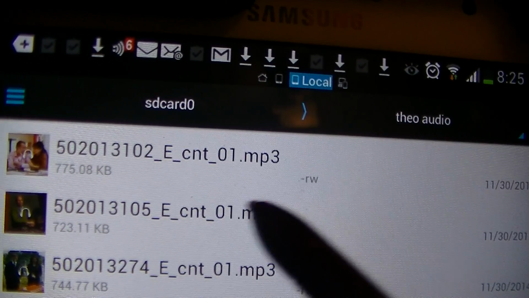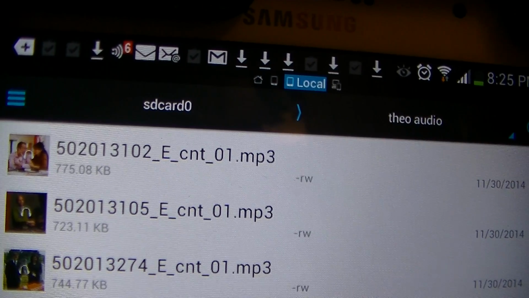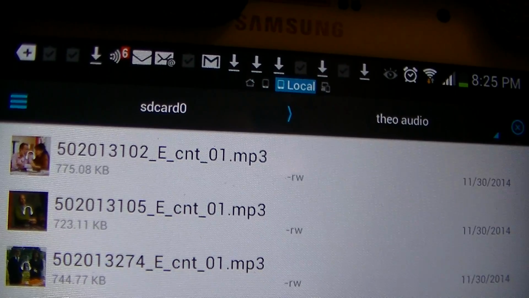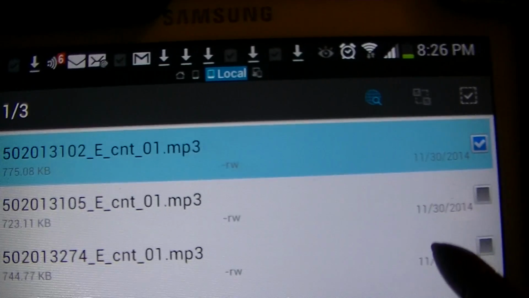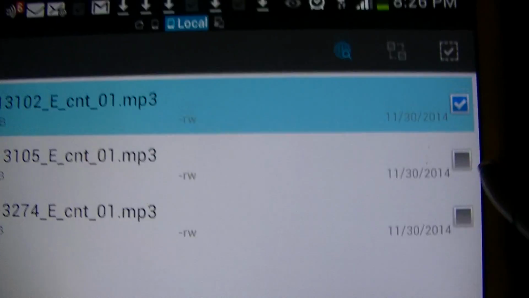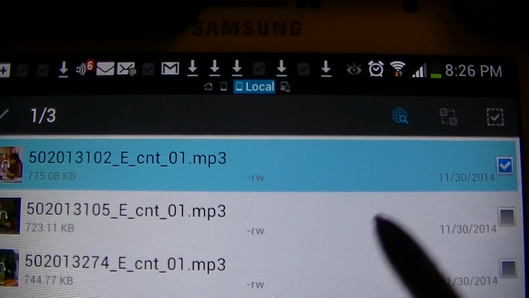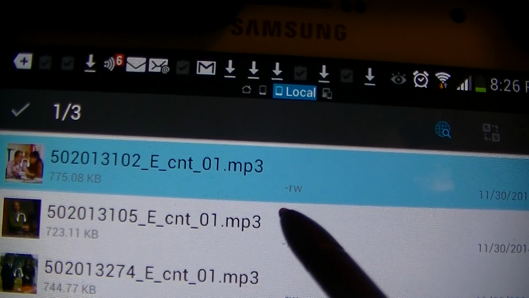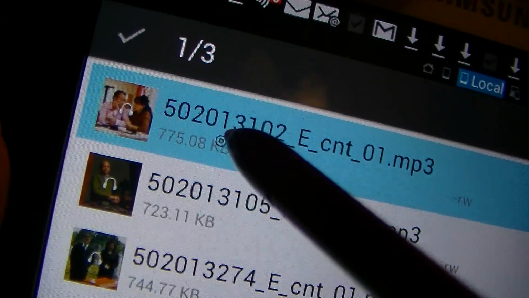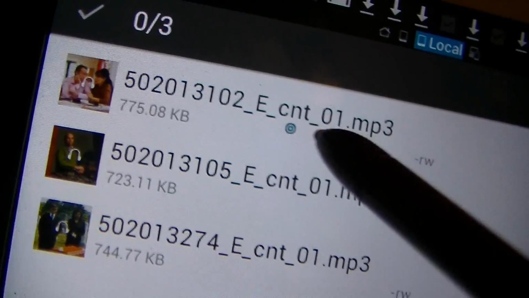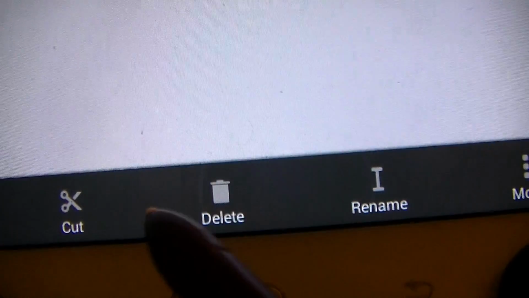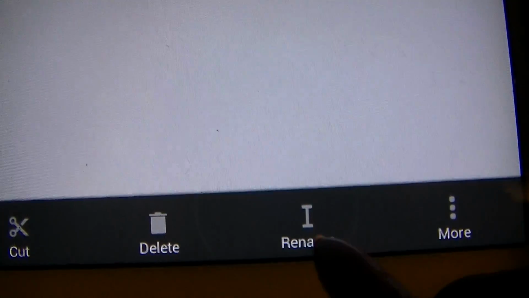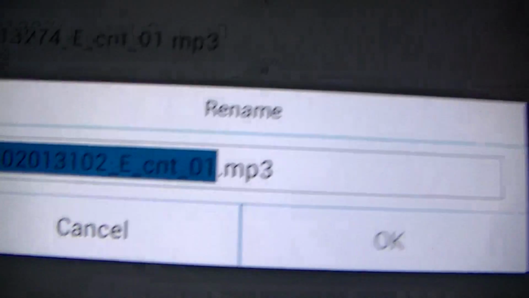Now, there's one more thing that I want to show you. Suppose you're not going to remember what files you downloaded, so you want to rename them. And you can do that by clicking on the file until you get the highlighted box, and then you rename one file at a time. So this file is highlighted, and this file is, I forget what it's about, but let's say you know what it's about. You highlight it, and then you click on the bottom and you select rename, and then you click on rename,